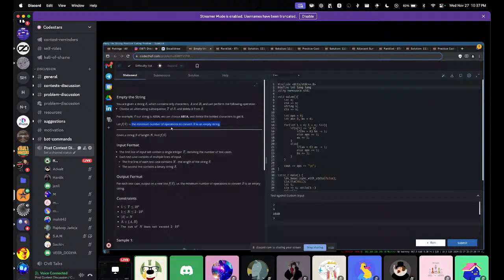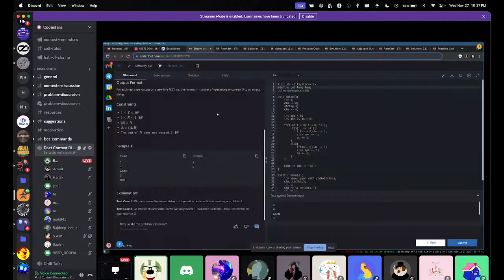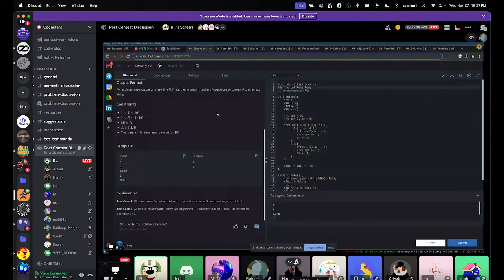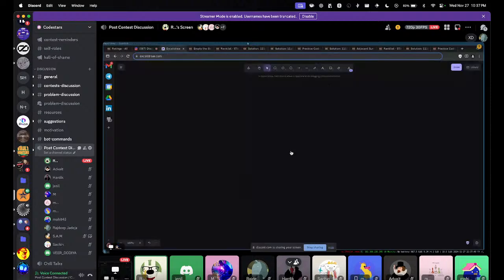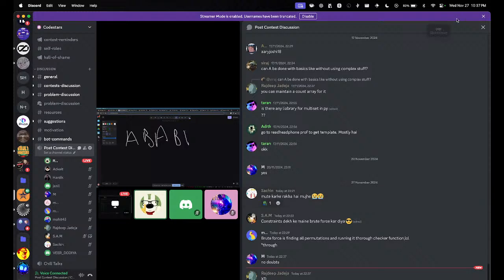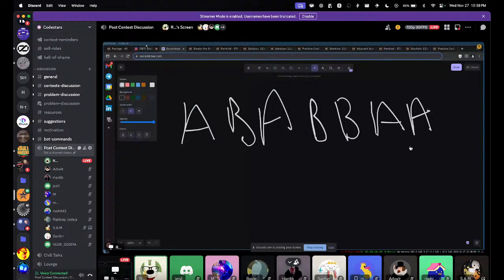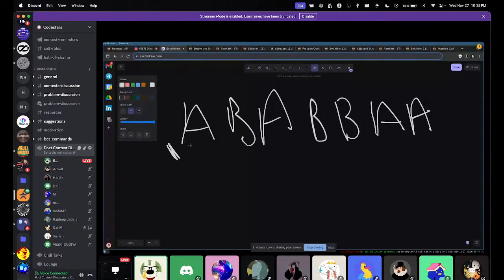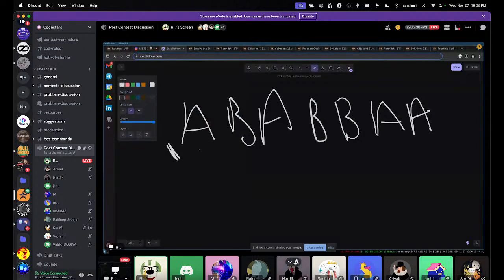So how do we do that? The biggest observation here is something called a greedy observation, which is that if I give you any string, like ABABB, I'm just writing this for example, if you want to convert it to an empty string, you'll have to remove the first one. पहला वाला तो निकालना पड़ेगा, बराबर। अभी अगर आप पहला वाला निकाल ही रहे हो, इसके वेट,